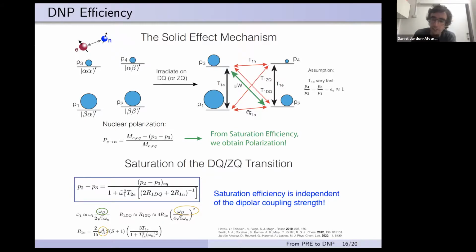if the nuclear relaxation time is governed by the paramagnetic relaxation enhancement due to the polarizing agent itself, then this whole expression here becomes independent of the strength of the dipolar coupling. So we can cross out the strength of the dipolar coupling of this equation. But this means that the DMP enhancement is actually independent of the dipolar coupling strength. And this is going to be valid as long as the nuclear relaxation time is governed by the paramagnetic relaxation